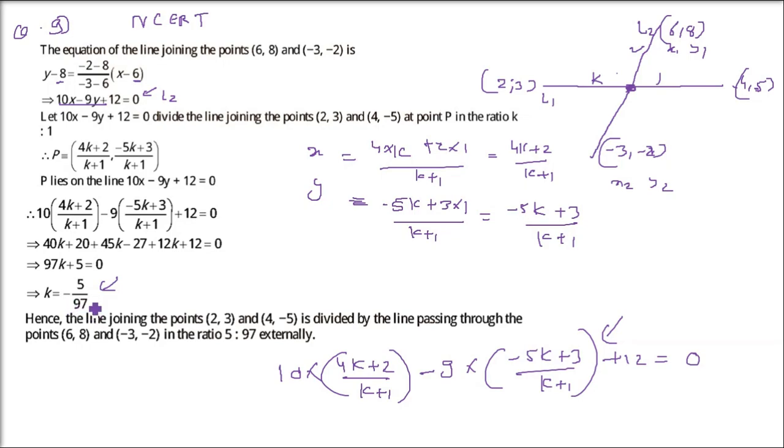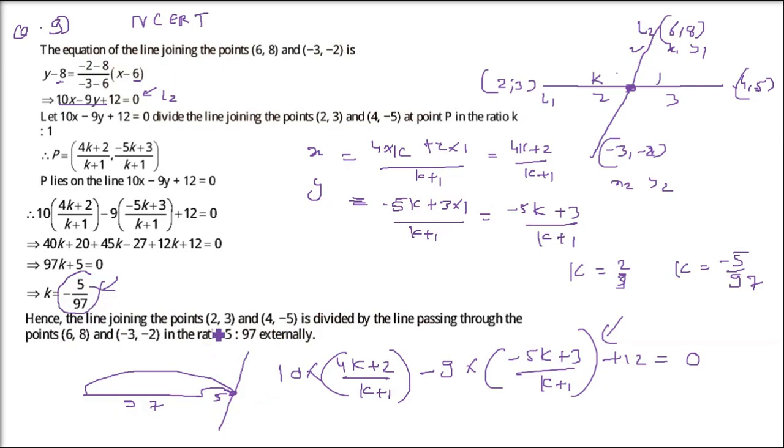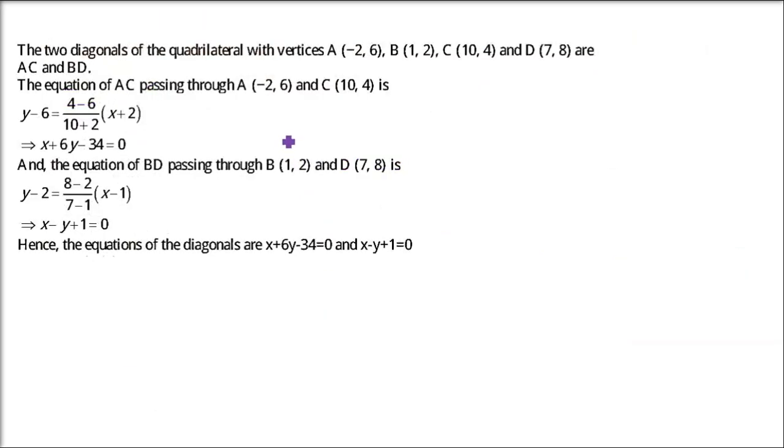Now the thing here is it is negative. Negative means, whenever there is, say, a 2 by 3 ratio, I am giving an example. Now when you have k as some negative value, minus 5 by 97, it is not internally dividing, it is externally dividing. The L2 is dividing L1 externally. So there is an external division. It is not actually internally dividing. So these are the two portions which we are talking about, 5 and 97. Right? Negative always points to external division. Dividing externally, minus 5 by 97.